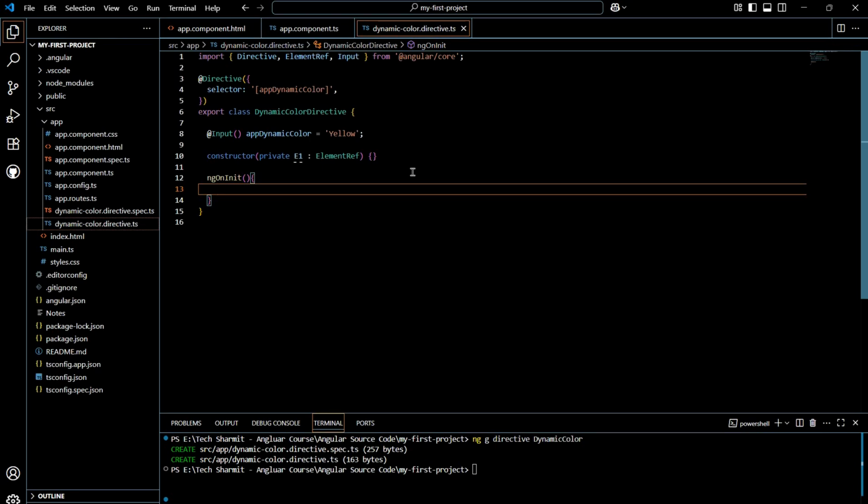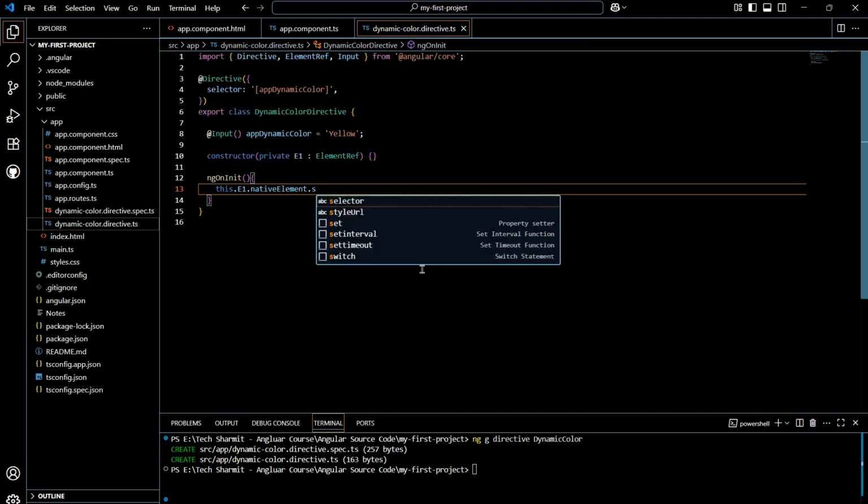In a short way, if I explain what ngOnInit is, you can say it helps us grab all those variables which are initialized, just after the initialization. This is just a layman's term, but if you want to learn it in a detailed way, it is a very important topic, because there are so many lifecycle events, so you should check those events and then you can use them. For now you just need to add this thing, and here you can write this dot el dot native